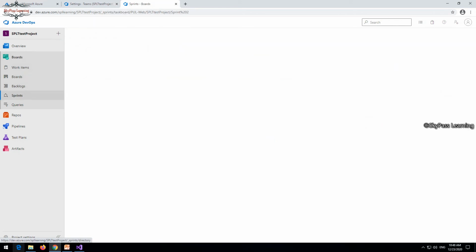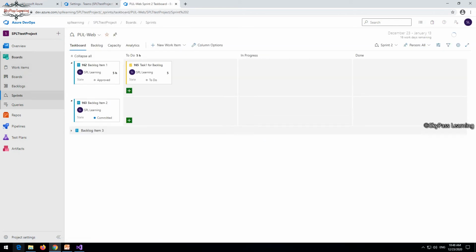Okay, so now you can see it's there and the basic task dashboard is available here, in which I have created one backlog task. Here you can see the various backlog items, 1, 2. Here you can see backlog item 3 is there. If I want to collapse all, you can collapse. It's just a simple dashboard from where you can see